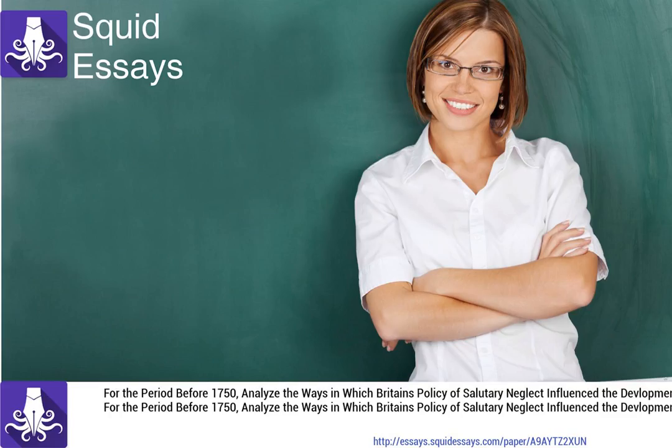Britain at this point had adopted a policy of salutary neglect. Salutary neglect allowed the North American society to develop and change into something completely different from what it originally was in England. The land in the New World was found to be very good for farming. All of this new farmland was found to be viable and a great source for crops that were not able to be grown in England, such as tobacco and sugarcane.